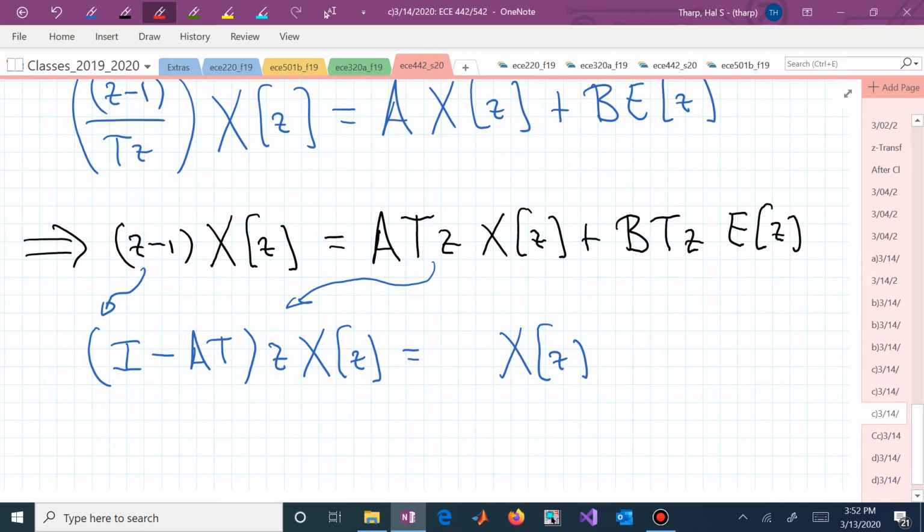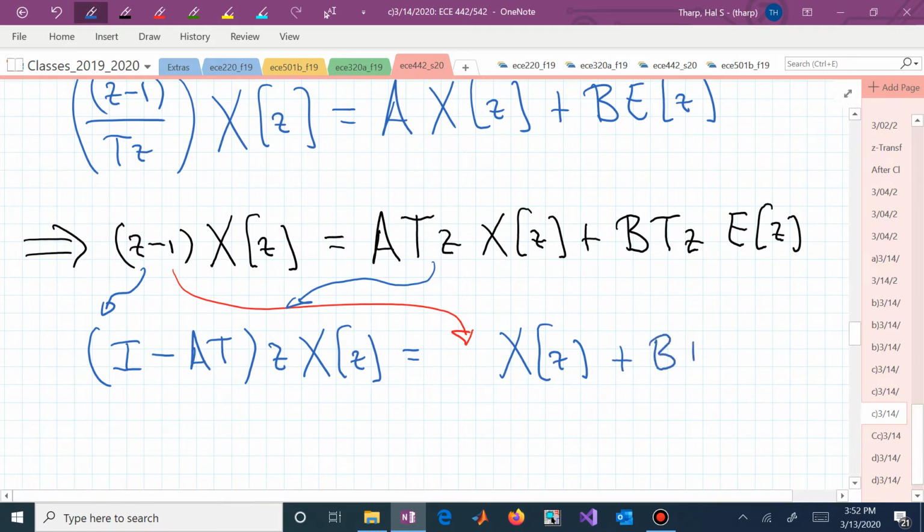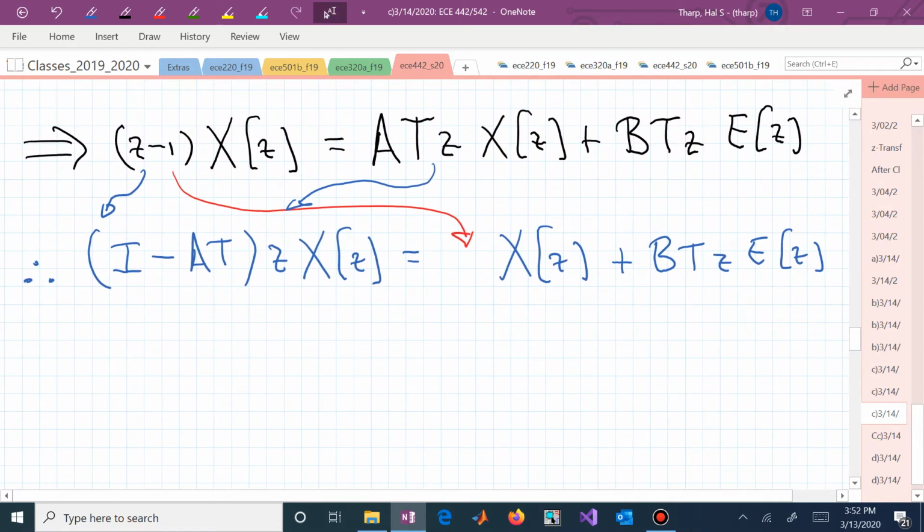We could write it as really just a scaling of 1, so I'm just going to leave the scaling off, plus B t z E of z. That's now our expression in the frequency domain that we need to convert into the time domain. If we now go into the time domain,